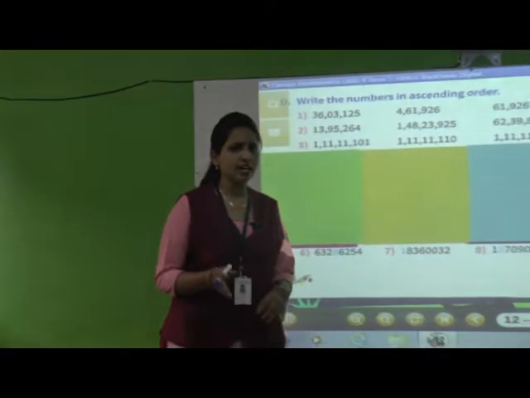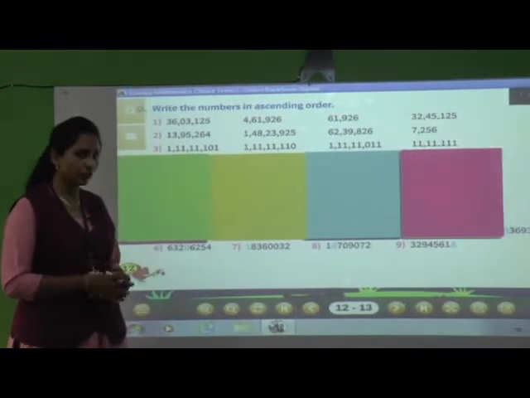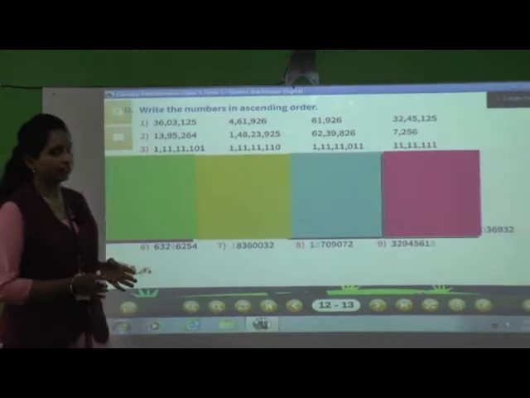Do you remember what we have studied in the last session? We started exercise 1.7 in the last session. In that we saw how to write the number names for the given numbers, how to write the numbers for the given number names, and how to fill in the missing numbers to continue the pattern. Till C we have seen, and those are easy. I asked you to solve them on your own at home. I hope you all have done that practice.